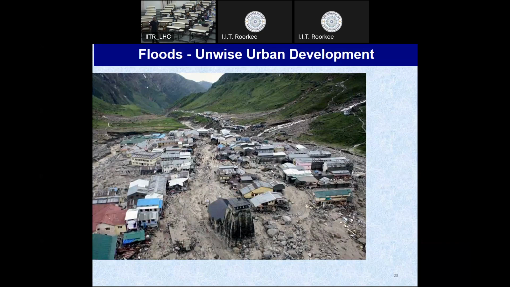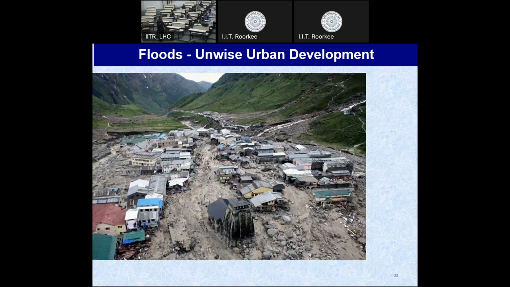So here we have the Kedarnath temple, and you can see these areas surrounding the temple. These were what are called dry river channels. The river used to flow through these channels long ago, but for many years no water was seen in these channels. So these were called dry channels, and people wrongly assumed that there would never be any water in the channels. But when there was intense rainfall, the river started flowing here, and in this case it was not water only, it was water mixed with boulders.